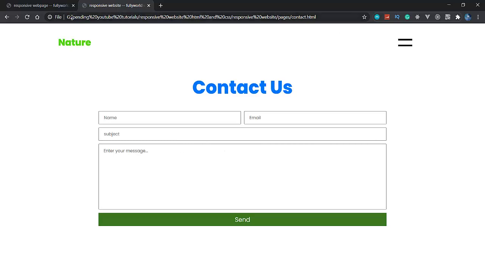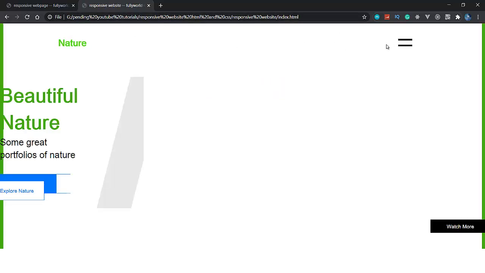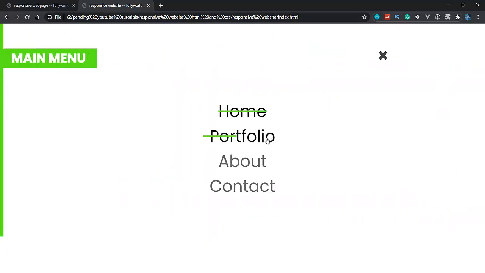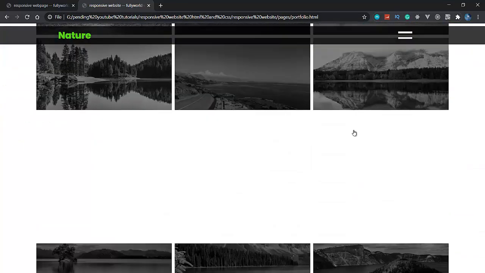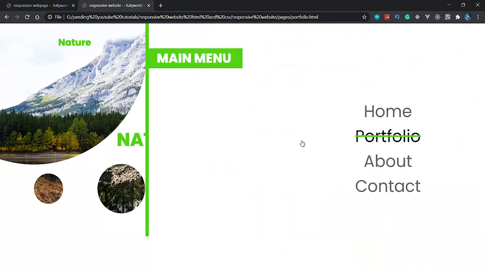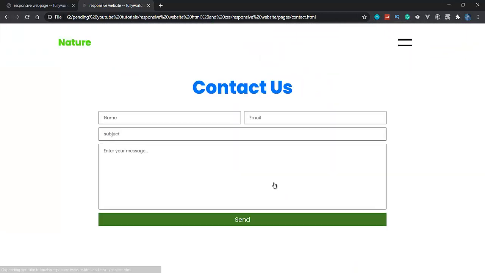So I can move to the nature in the index.html. See that now our website is completed here. So we have just one pending thing now. We have to make this website responsive here. So from the next video we will start making our website responsive. It will take only 3 videos to make our website fully responsive. So we will start from our home page, then our portfolio page, and after that our contact us and about us page. So for today this is enough.